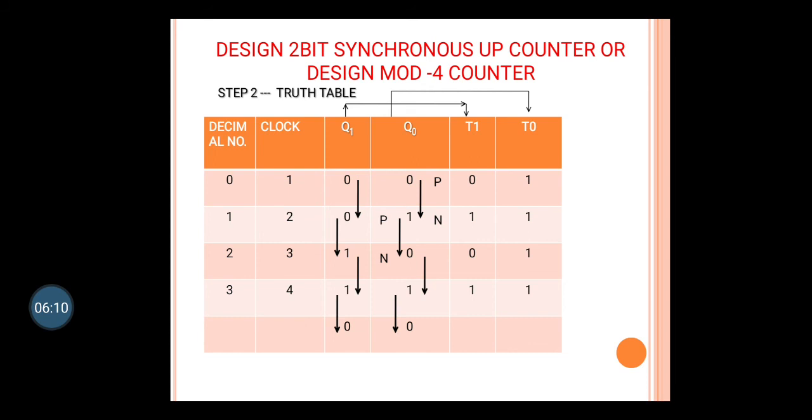Then the second value for T0, second row. How I'm going to fill is, here Q0 is 1, but the next value for Q0 is 0. You can check the arrow. Present and next. This is how we have to check, present and next. So now the present value is 1, but the next value Q0 is going to come is 0. So 1 and 0 XOR, that is 1, write 1. Now the third row of T0, how we are going to fill? Present value of Q0 is 0, but next value for Q0 is 1. So XOR 0 1 is 1.